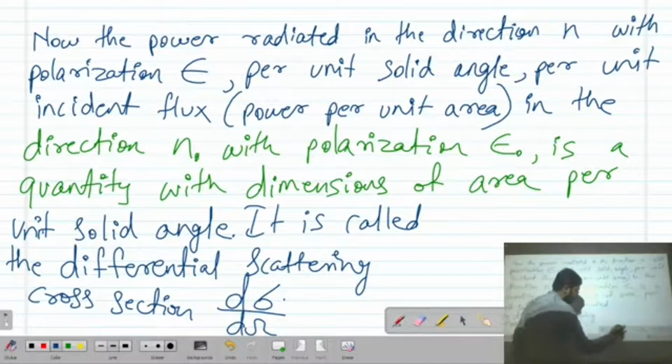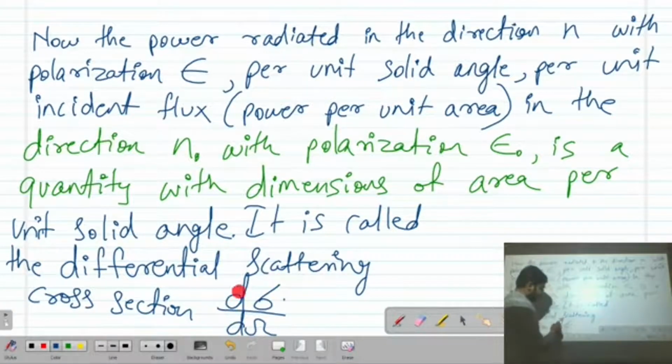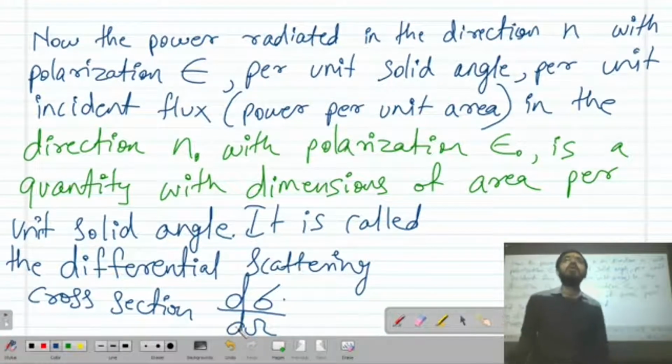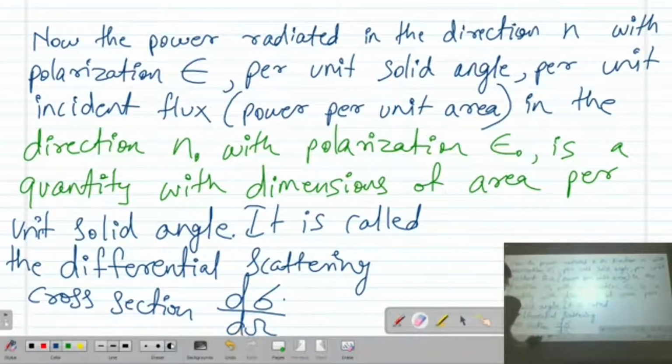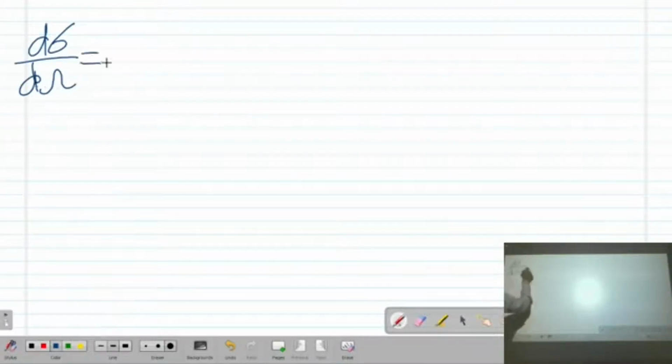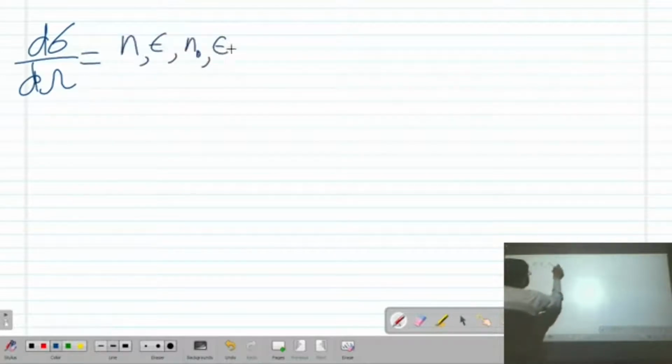This is for area with respect to the solid angle. Okay, area per solid angle. Now we know that we want to find out the power with respect to solid angle, or power with respect to different solid angle. Then this formula will be d sigma by d Omega, given by n epsilon, n0 epsilon 0